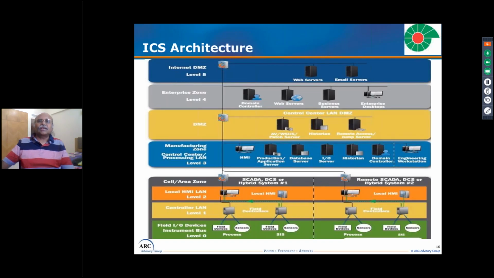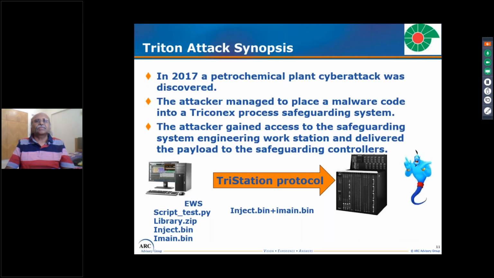So this is the general ICS architecture that you will be familiar with. On top is the IT side, and there is a demilitarized zone in the center, and then any command from there passes to the OT side through this demilitarized zone, and there are DCS and SCADA systems and things like that. So let's look into one of the attacks which is quite famous, which is the Triton attack, where in Saudi Arabia, a petrochemical plant,